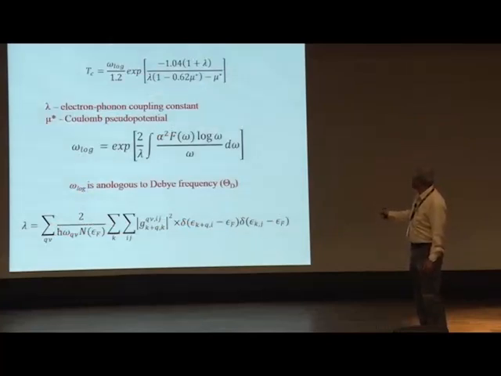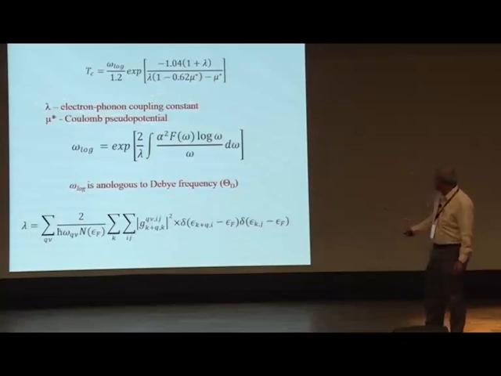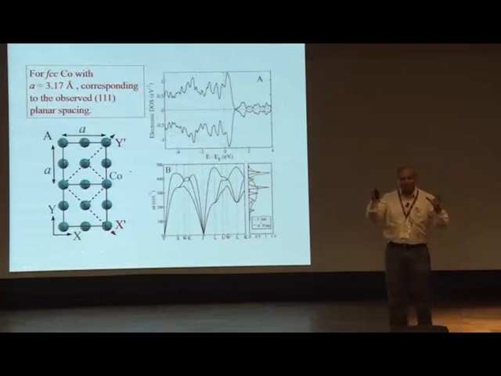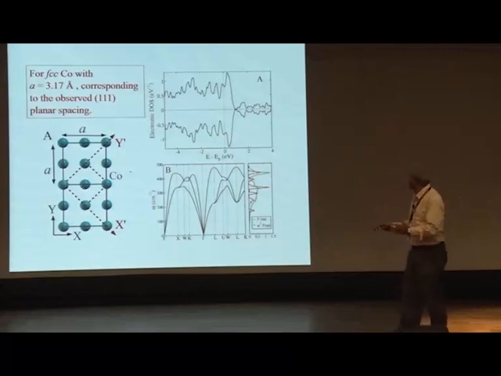This value is about 0.1, the Coulomb pseudopotential. This electron-phonon coupling constant is calculated. From here, this quantity is the Debye frequency, and the density of states at the Fermi level you can calculate, and then you plug in and you get these values. Now, 3.17 angstrom, as I mentioned, corresponds to an 11% contraction, but a uniform contraction from all directions. So if you do that, this I have already shown.